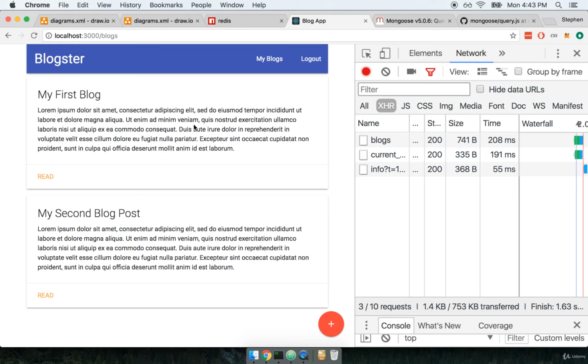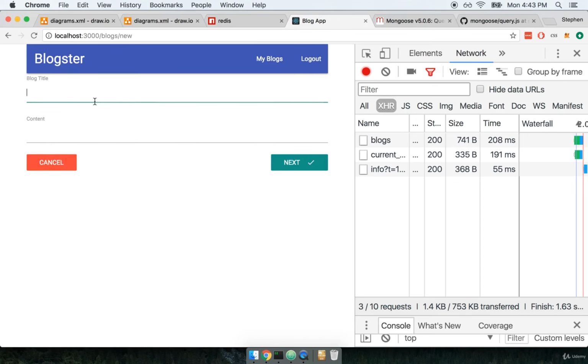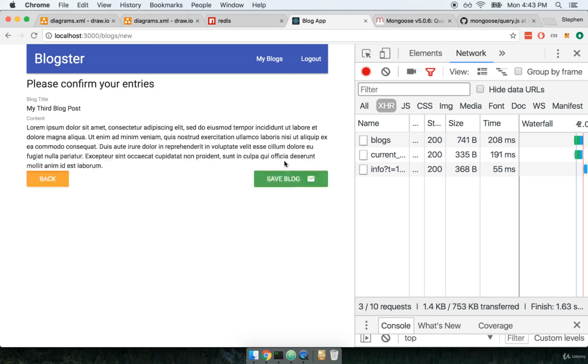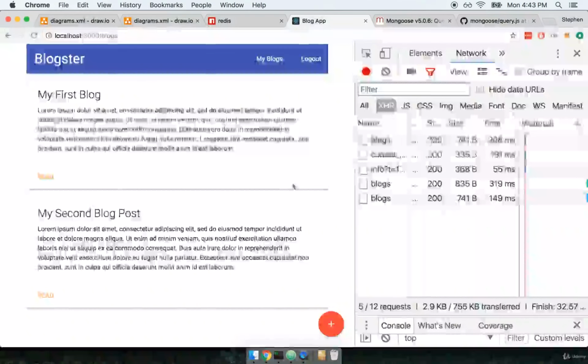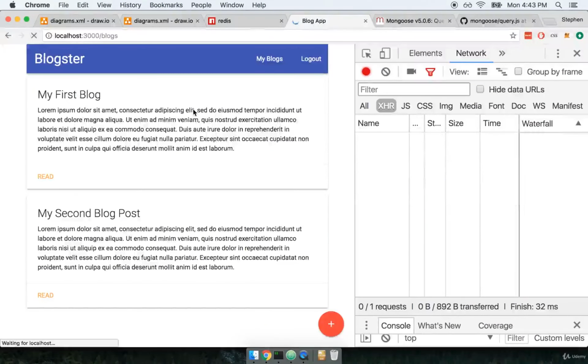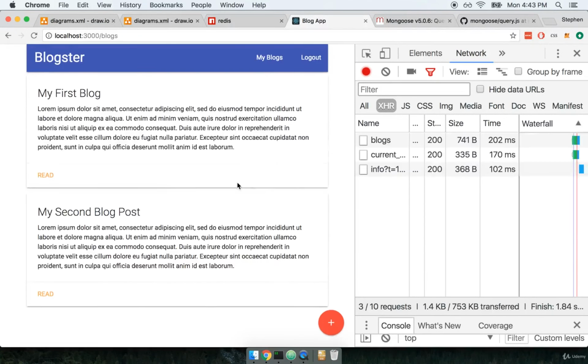A very easy way to check would be to create another blog post. Because remember, at this point, we are not expiring any cache values. So if we create another blog post and it does not immediately appear on this list right here, that means that our list of blog posts must be getting cached. So let's do that right now just to test. So I'm going to grab some lorem ipsum text. I'll then make my third blog post. And then I'll save the blog. And now back over on this list right here, I do not see that line or that new blog post